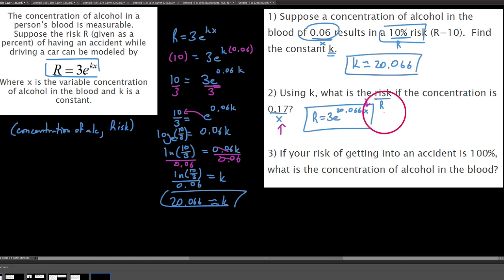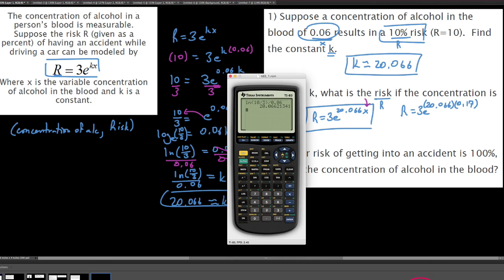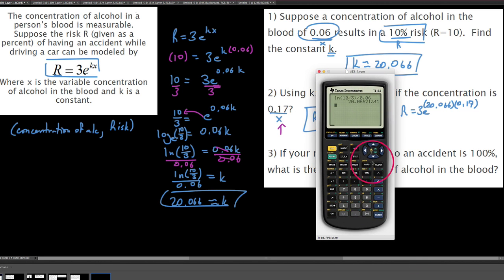We're going to substitute that in for X, and we'll get a risk factor. So we would say 3e to the 20.066, and we're taking that 20.066 times 0.17, that blood alcohol content. So we'll get our calculators out here, and we'll just type this in. We say 3, now our e to the power button behind the ln key here, we're going to say 20.066 times 0.17. So now if we evaluate this, we get 90.0